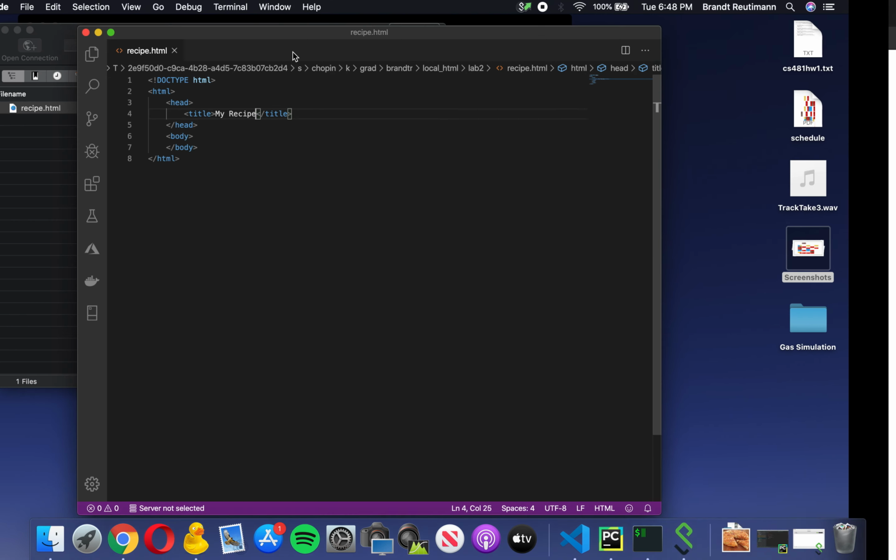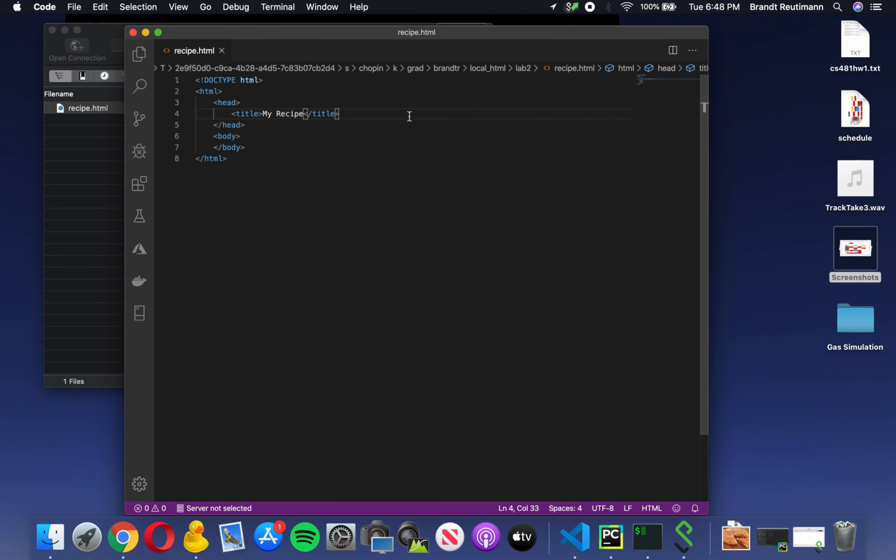Cool. So now I'm going to add a few meta tags. Like I said, this is mostly information for web crawlers and stuff like that, but it's always good to have some meta tags just to give some information about the page. What it really means is meta information about the page. One thing, it's always good to have the author, so you know who made the page. So author name, and then I believe it is